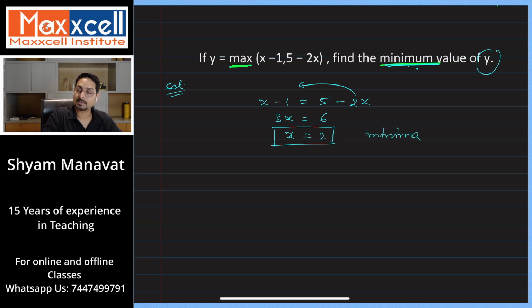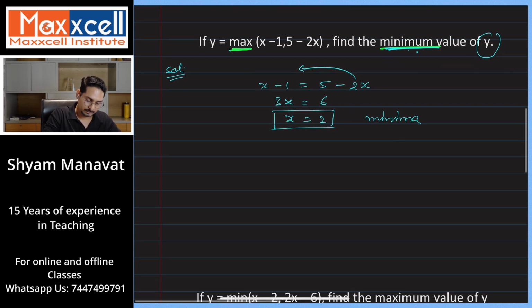This is what? Minima. Value of x for which the function shows minimum value is called minima. Value of x for which the function shows minimum value is minima. Clear? Now इस minima को यहाँ पे substitute करो expression में, जो equation given है, sorry, equation में, so you will get minimum. Yeah, so I can say y equal to max of max, लिखने की जरूरत ही नहीं है